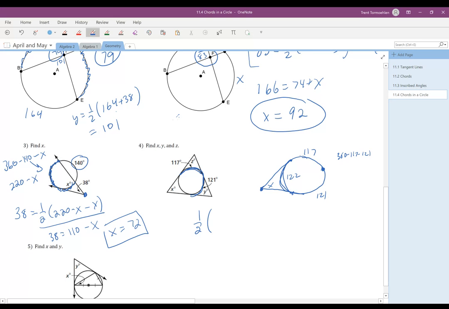The first arc is the one that goes all the way around, which is 121 plus 117, and so that turns out to be 238 minus 122. That is 116. 1/2 times 116 turns out to be 58. Now, if you are good with some quick calculations and you are curious about some numbers, you might notice that 58 and 122 are supplementary with each other. Well, it turns out that that's always going to be the case in this example,